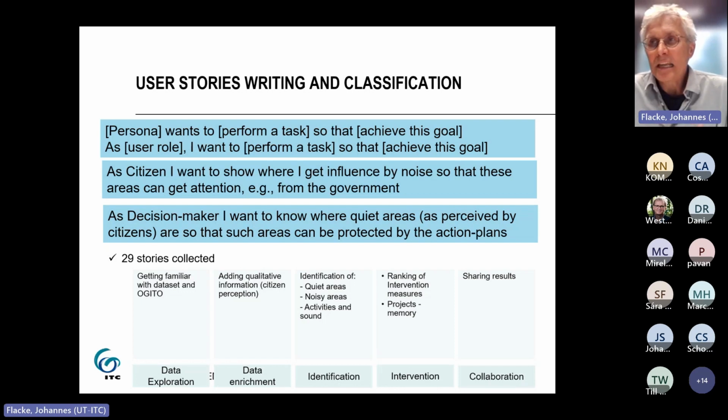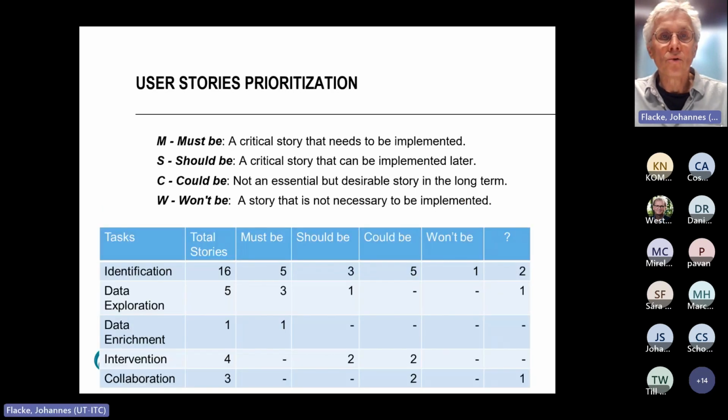So analyzing what kind of user stories have we got? What are these user stories classified into? The next step was then to prioritize user stories, because it was clear, you may have thought, well, 29 user stories, if you put that all into one tool in the end as prototypes and as features, that will be a pretty comprehensive tool. And that's why, but also to find out what are the most important ones, we use this classification into identification, data exploration, data enrichment, intervention, and collaboration,